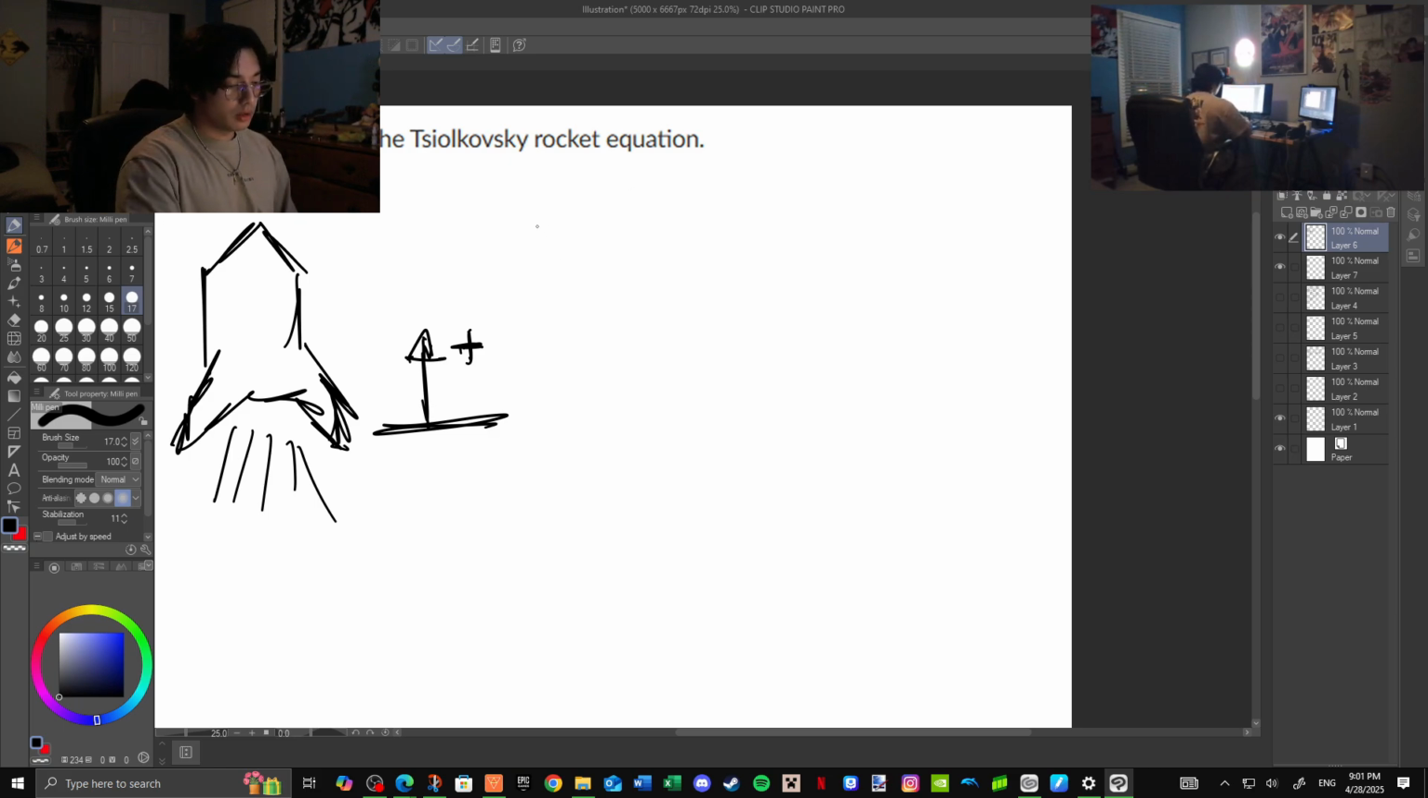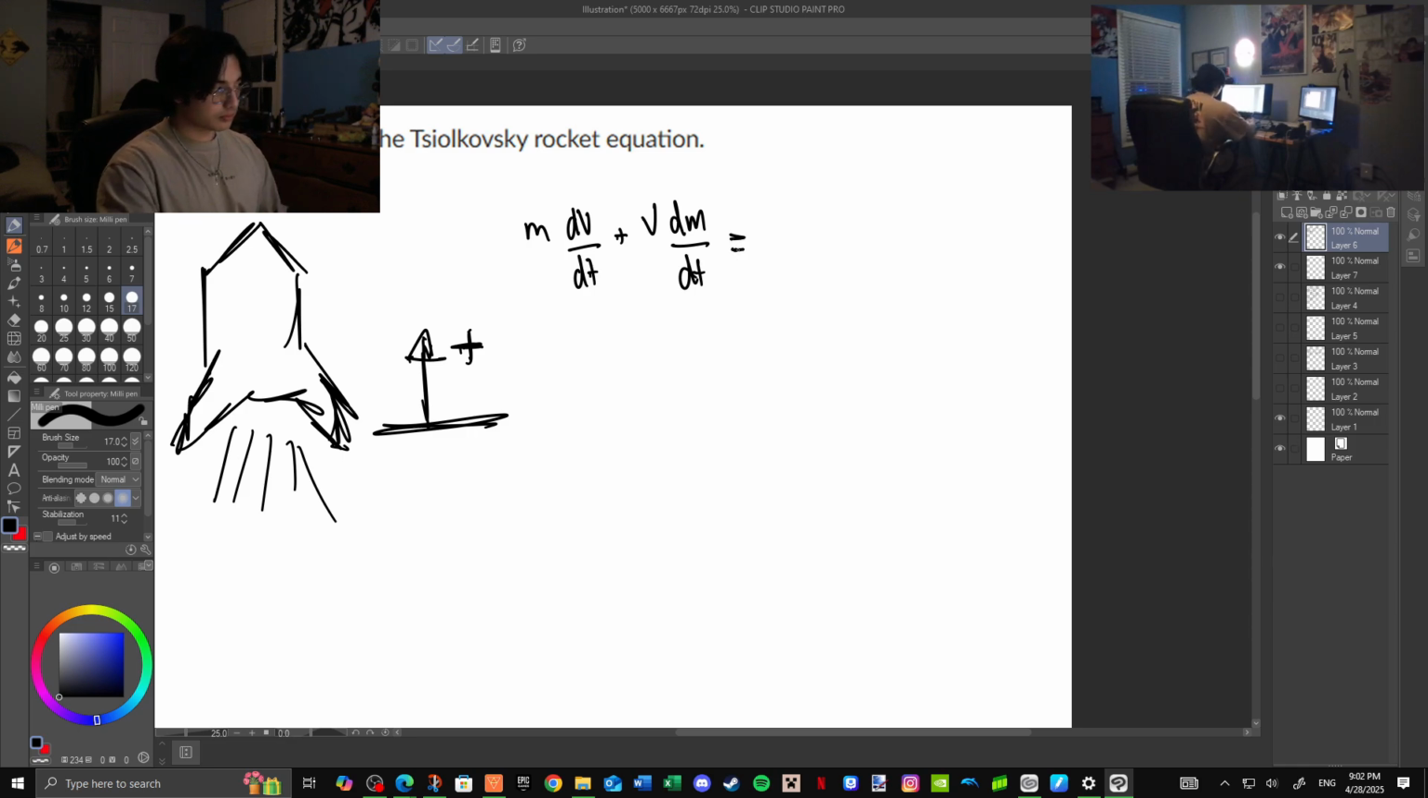And so that would be m times dv relative to time, plus v times the mass relative to time, right? And then we set this equal to the actual velocities acting on the rocket. Now, so